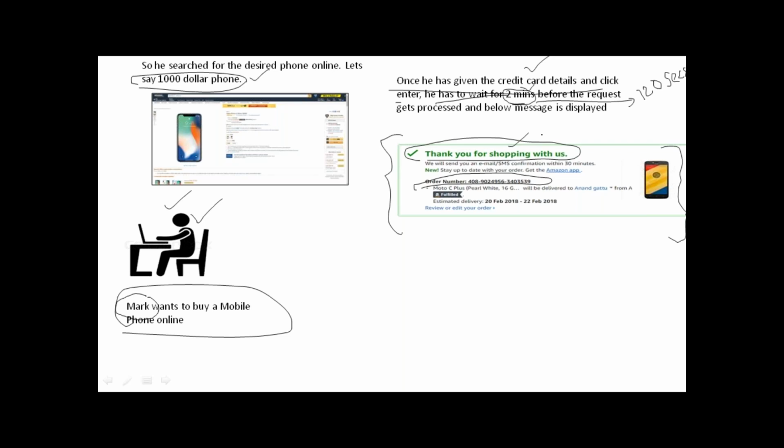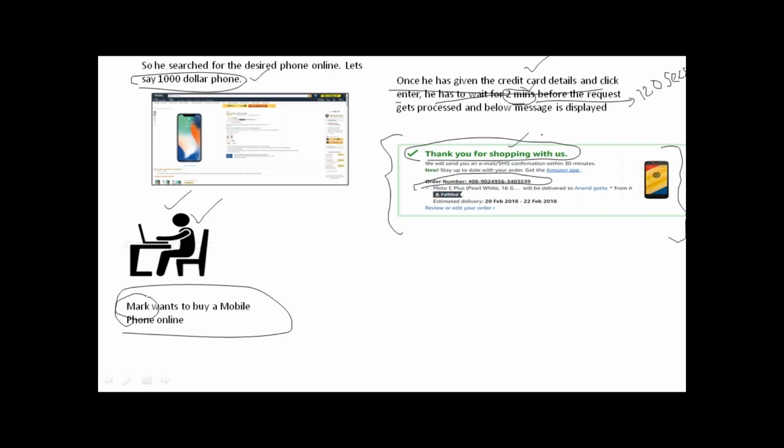Now let's say you're Mark. Do you think this is a fast application? For your perception, is this fast or slow? Slow. Will you be happy as a customer of Amazon? No. Do you have other options? If you want to buy the phone online other than Amazon, do you have other options? If you are in India, there is Flipkart, there is Snapdeal,